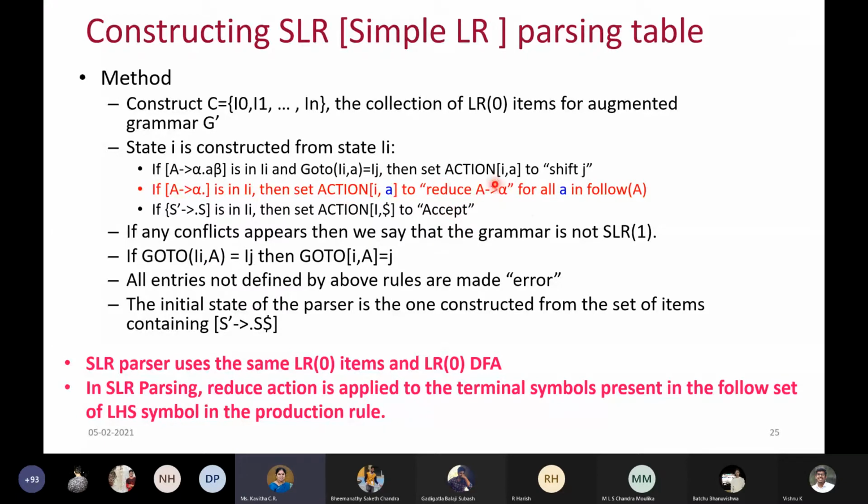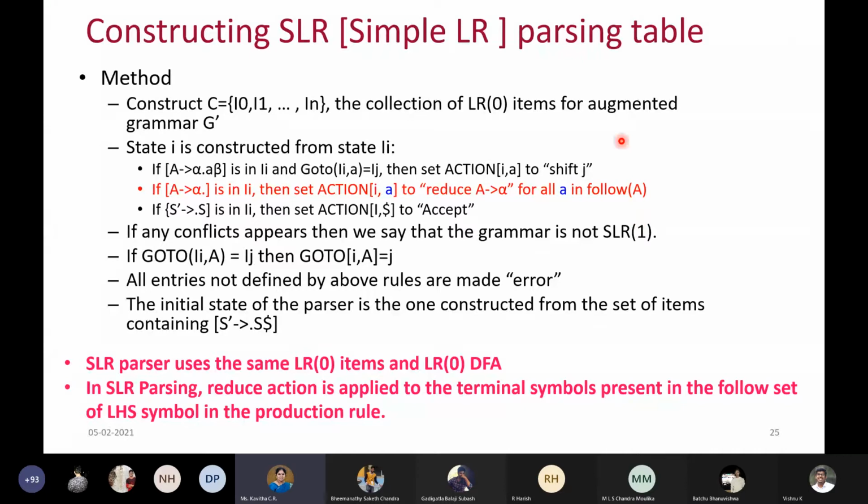For which symbols in the table? You are going to find the follow of capital A. Why follow of A? That is because our LHS is nothing but capital A. So first find the follow of A, and sometimes you will have to depend on the first set also. Whatever procedure we have used for finding the first and follow sets, you will use the same thing.